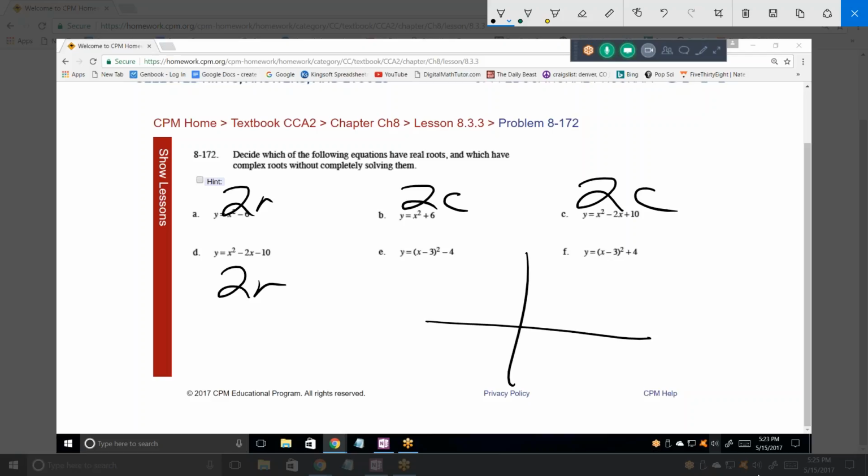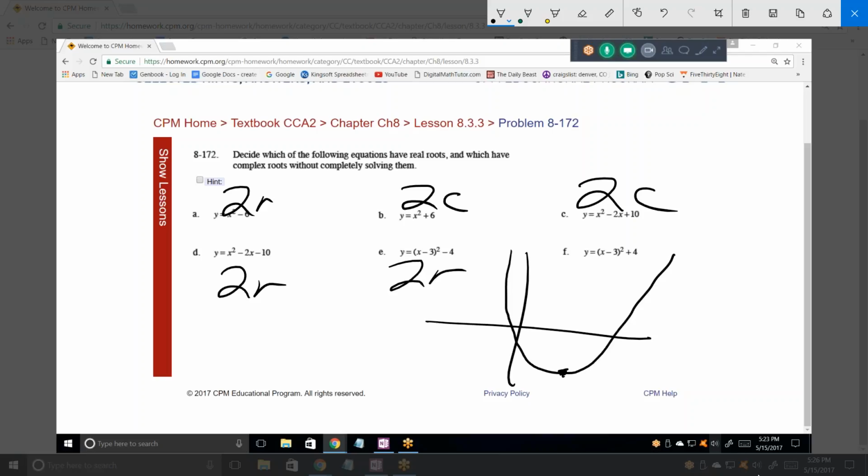So 3, -4, right? Should it open up or down? Up. How many roots does it have? Are they real or complex? 2 real. I can tell by the fact that it opens up and has to go through the x-axis that it's got to have 2 real roots,